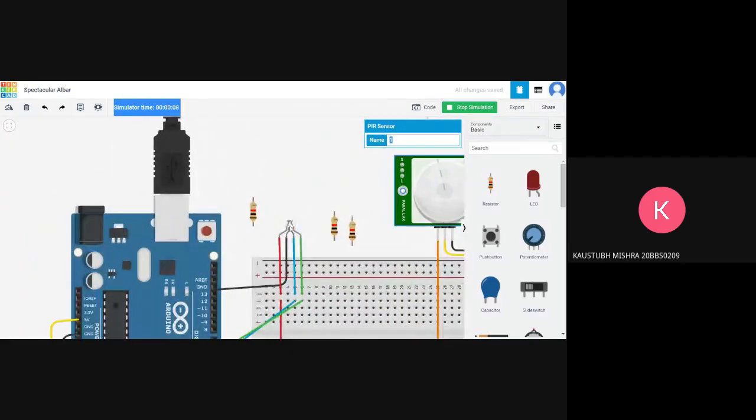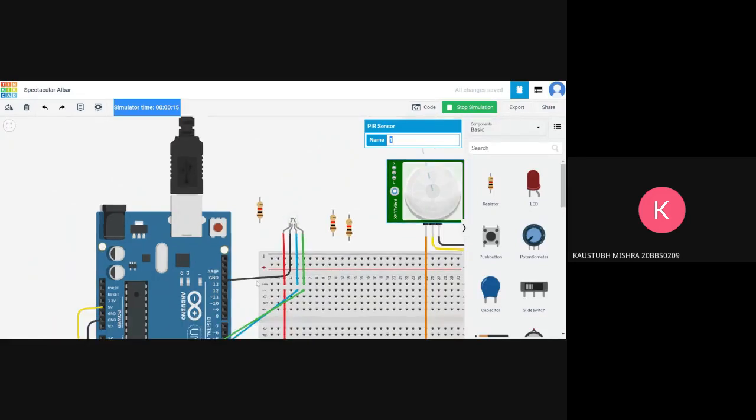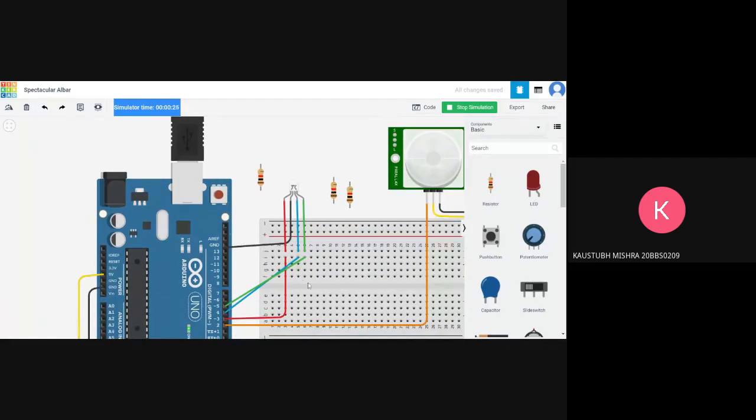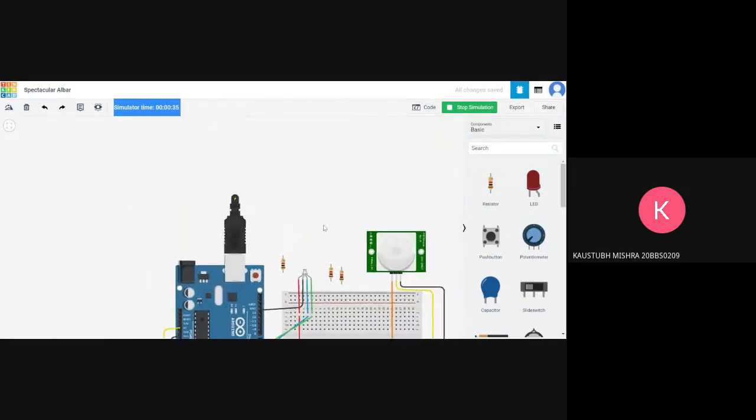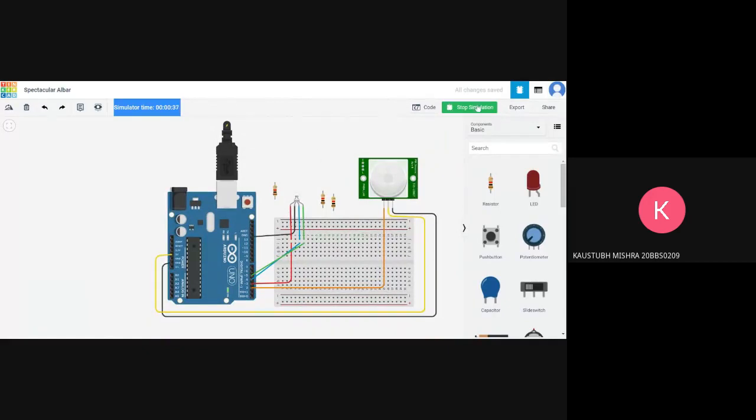you can see this icon shown over here. That is Tinkercad's cute way of telling you that the LED is going to blow up your circuit and ruin everything. So this is why simulation is actually important. Since the resistor is not there, a huge amount of current is flowing through this LED, and it will blow, and it might even damage your sensor or your Arduino. So that is it from my side for now.